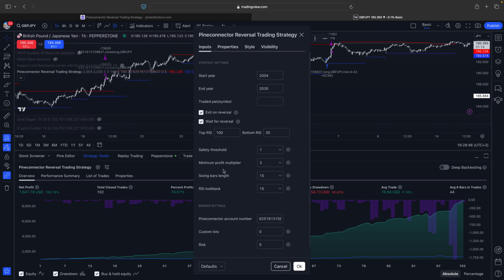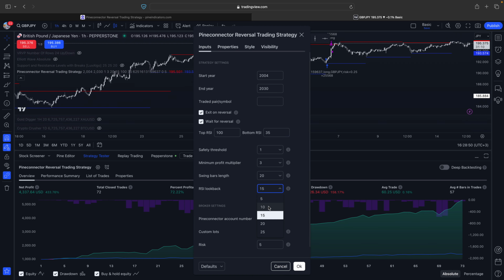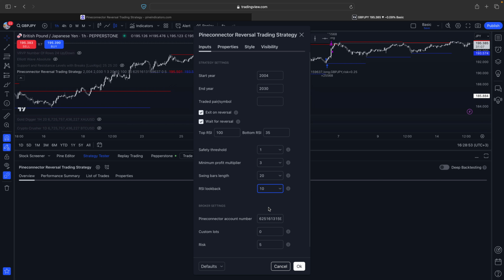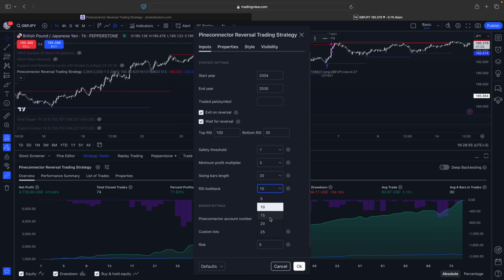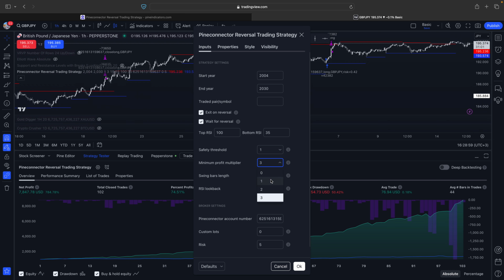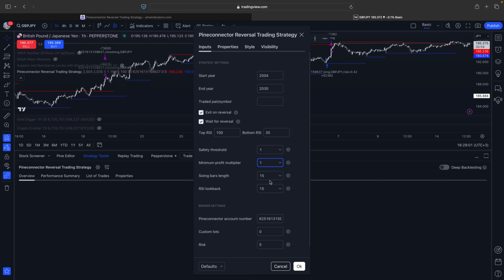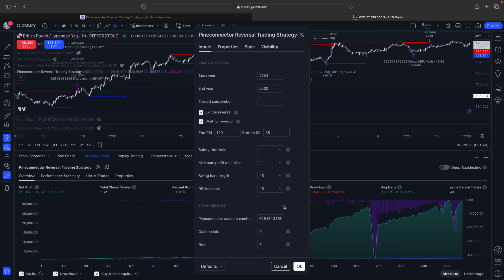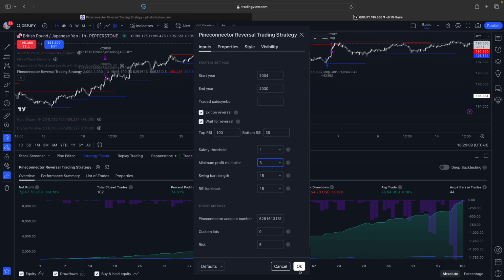You can also play here with the swing bars, for instance, with the RSI lookback bars. Here maybe you can see something better, but I found that 15 works best. You can also change here the profit multiplier. Let's see. Oh, it is awful, so let's leave it at 3. Okay,